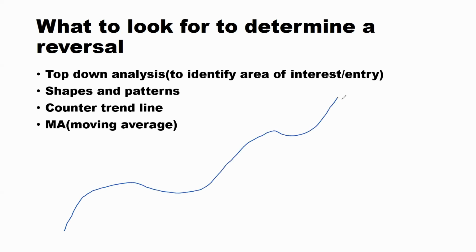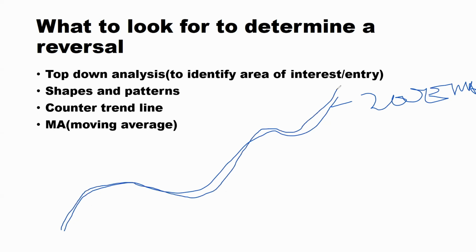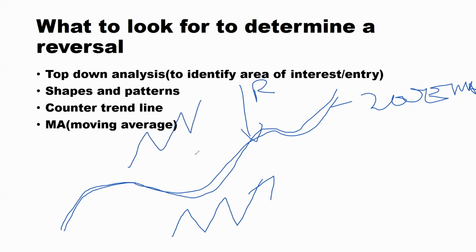If this is your EMA 200, let's say this is the 200 EMA, you can use it in a bigger time frame and also in a smaller time frame, the entry time frame. Now, just in a few seconds, I'm going to show you the time frame which is best for reversals. So if this is your moving average in weekly, for example, I get my structure in weekly, and the price is down here, moving down. It means that this moving average is acting as a resistance. But if price is up here, it will be acting as support.